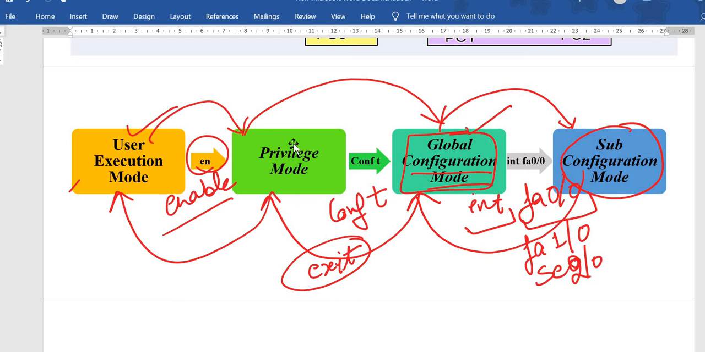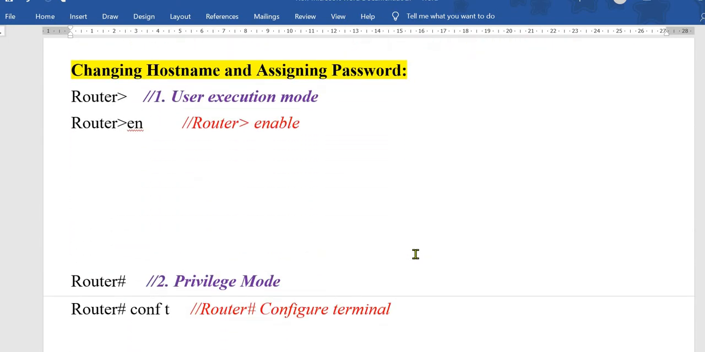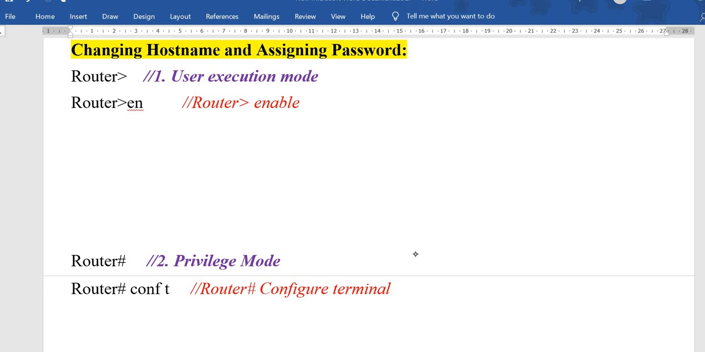After providing the password, before entering the privilege mode, it will prompt you to enter the password, and only after entering the correct password will you be able to move to the global configuration mode. So let's see the commands for that. Once you enter the user execution mode, the prompt would be like this, and after writing the enable command,